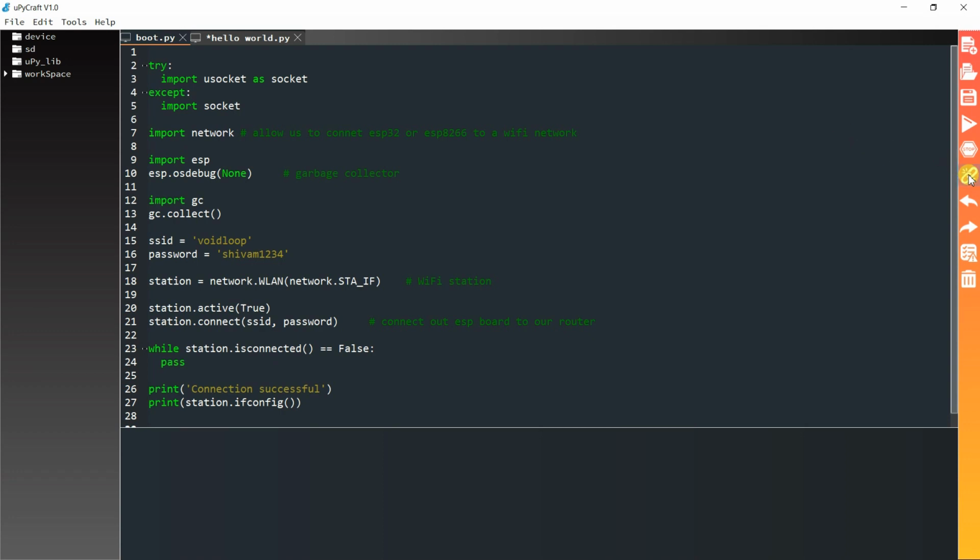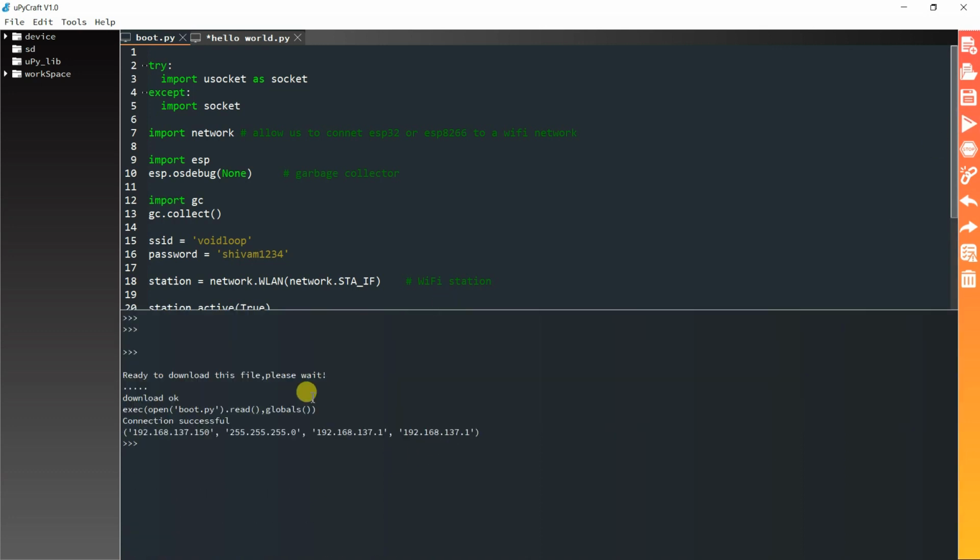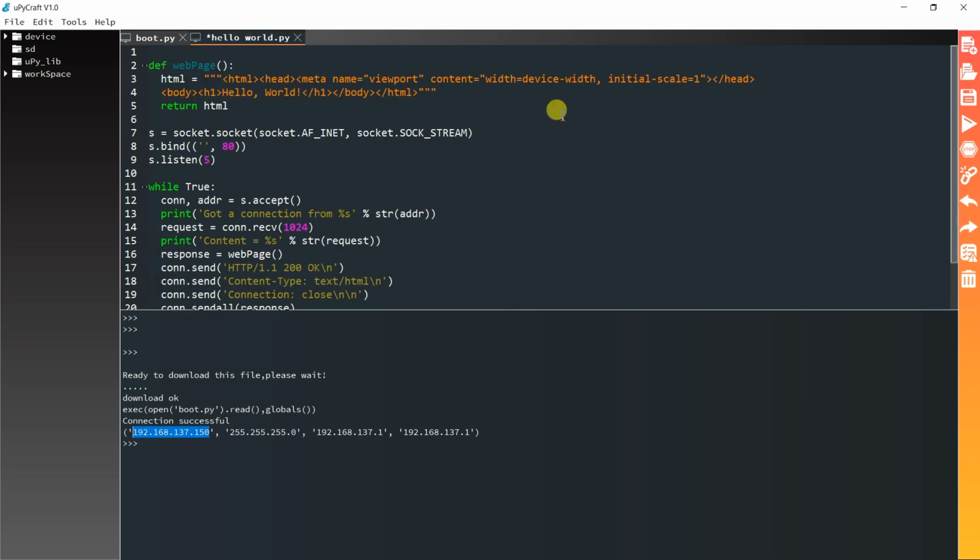Again connect the board. I will run. Okay, here is the printed IP address of my board. And then I will upload the hello-world.py file.